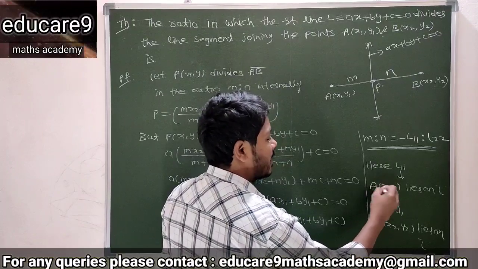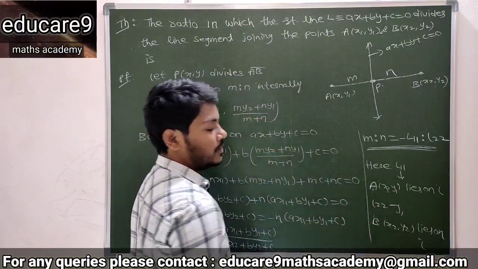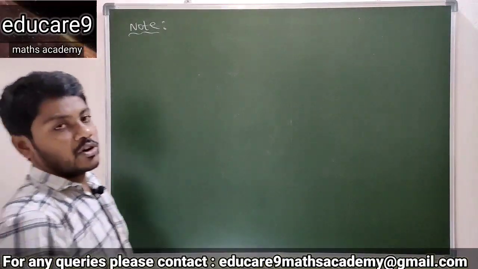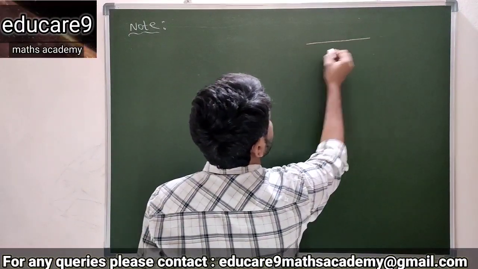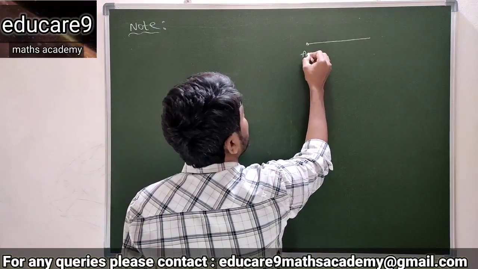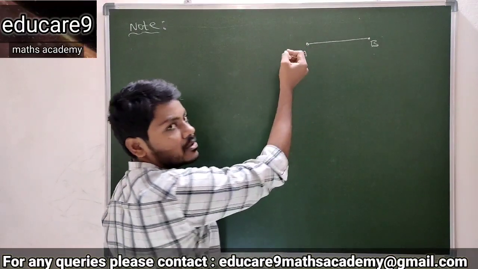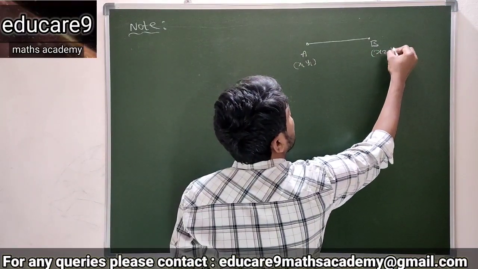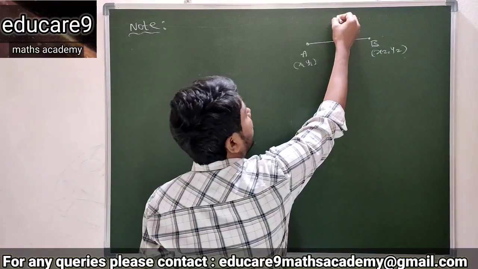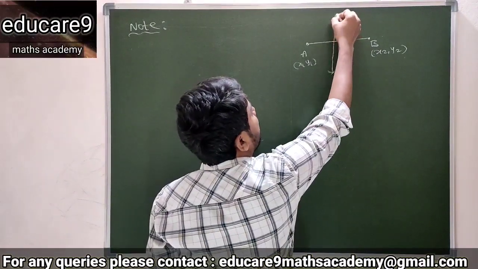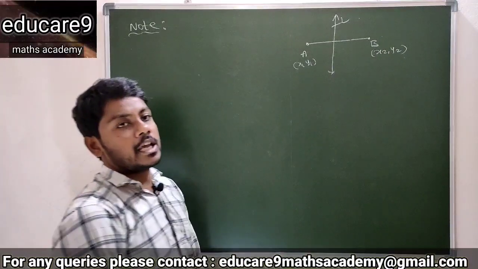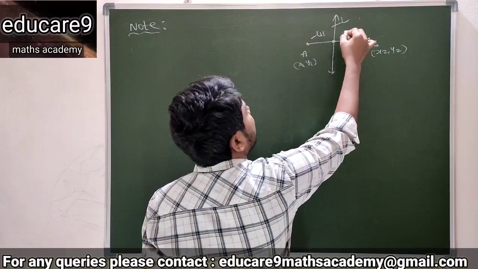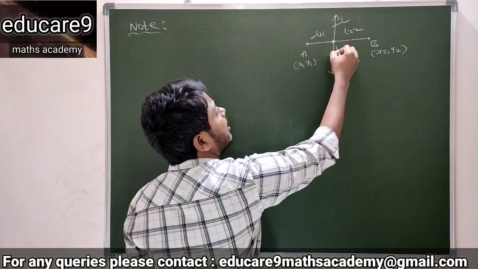So this is A and this is B. Okay, so this is the required ratio. See here, this is the line segment AB. Clearly A is (x1, y1) and B is (x2, y2). So you know that if any line divides the line segment AB in the ratio -L11 is to L22 internally.